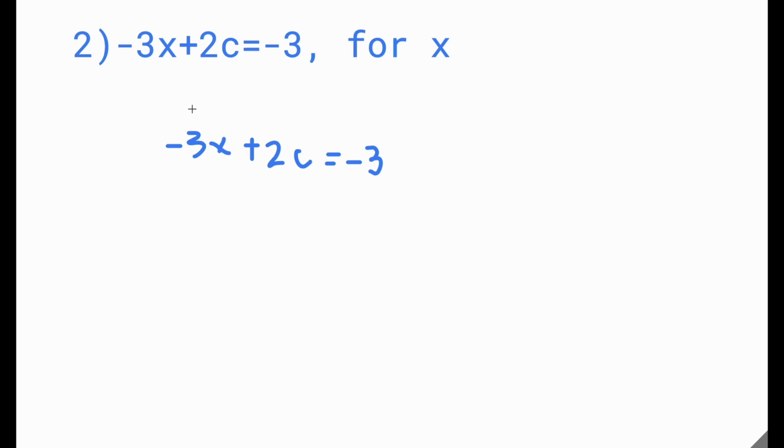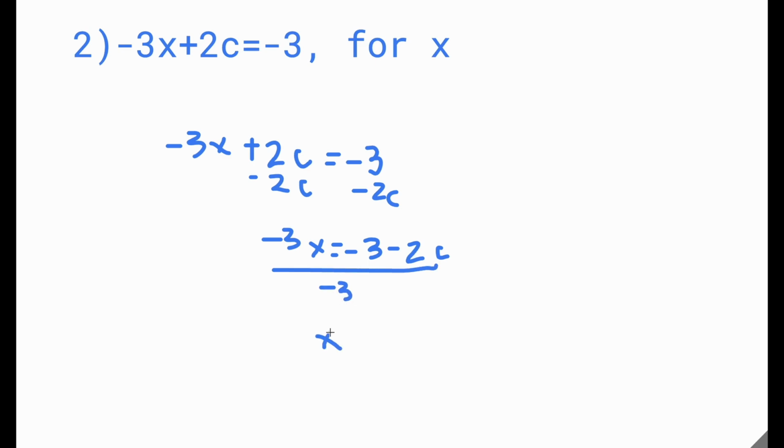We can isolate this term right here by subtracting 2c from both sides. If we subtract 2c, that's going to give us negative 3x equals negative 3 minus 2c. But now we still have this negative 3 in front of the x, so in order to isolate x, we're going to divide the whole thing by negative 3. That's going to give us x equals negative 3 minus 2c